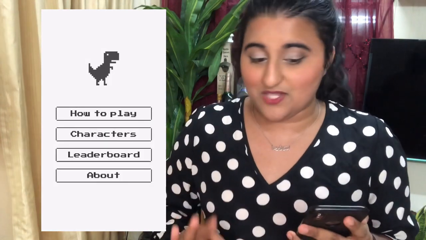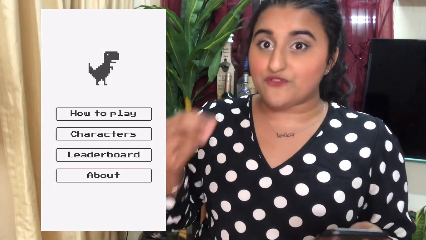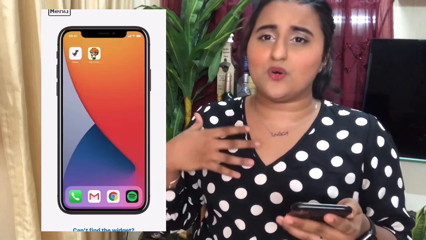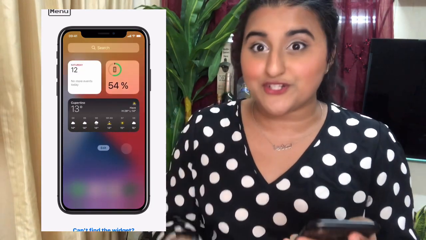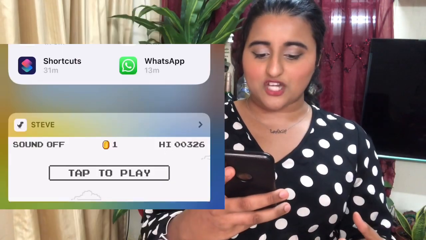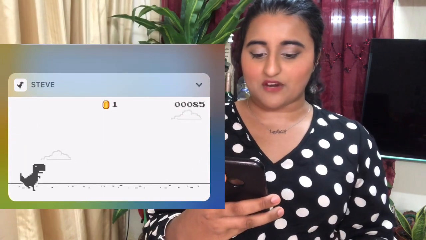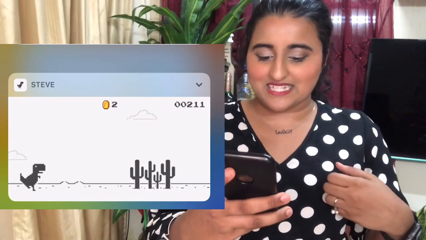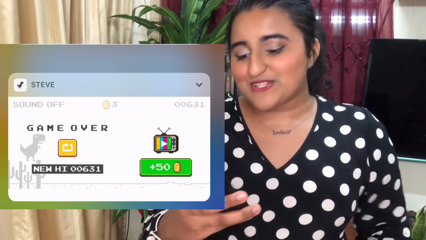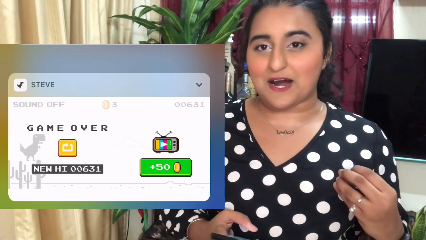All you have to do is go to your app store and download Steve the Jumping Dino. You will get Steve the Jumping Dino, and when you press that, you have to play. This is amazing because it teaches you where you would find your Steve the Jumping Dino. So it's perfect for you guys and you should download it. When I tap, it jumps and it goes above the cactuses, which my Steve the Dino, oops, I'm out. So that's the way you can do it.